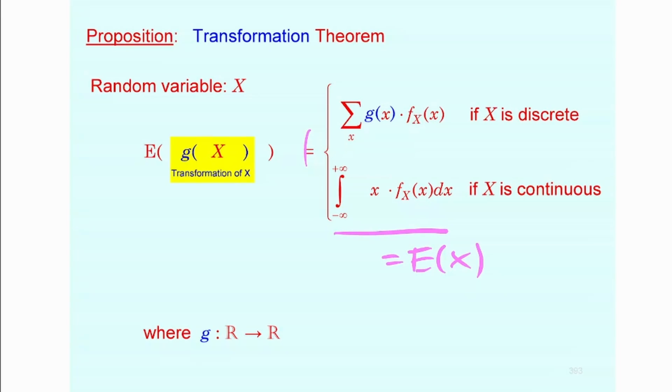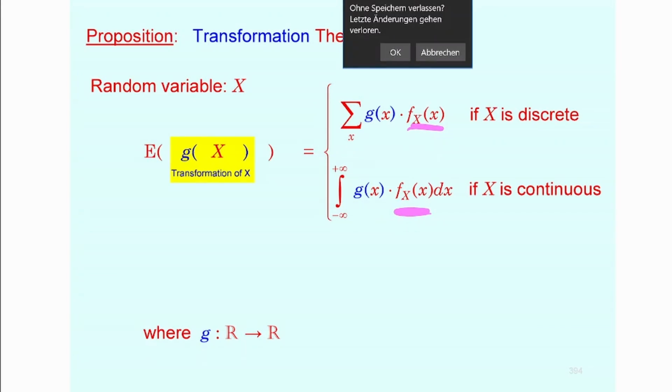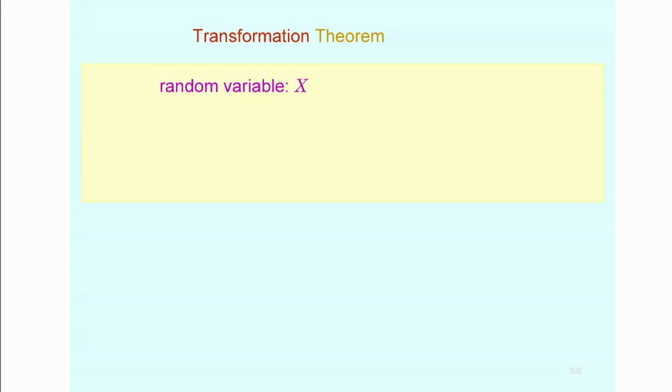Now, when you do a transformation of the random variable, all you would need to change is x to g of x, which would correspond to the expectation. And the density will not be affected. That is important. This is how you can bypass this issue. So the densities, as well as the probability mass functions, don't change. All you have to do is transfer the realizations, and then you have the same weights, because they're not going to change. Anyway, we're going to look at some examples, at least for the discrete case. I was not considering the continuous case.